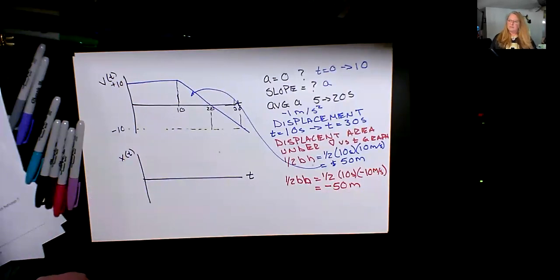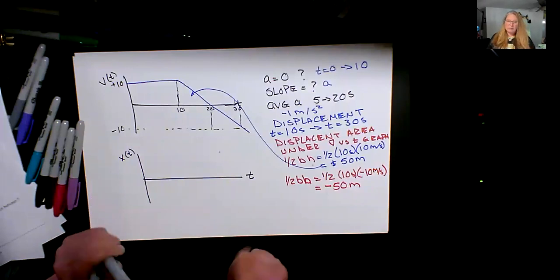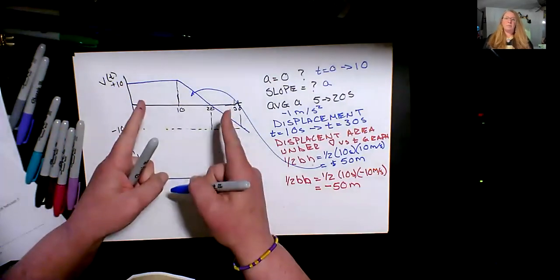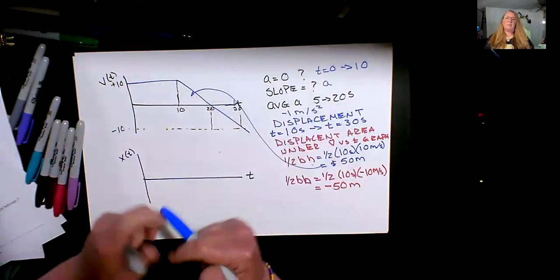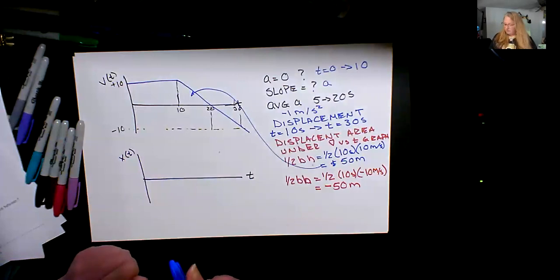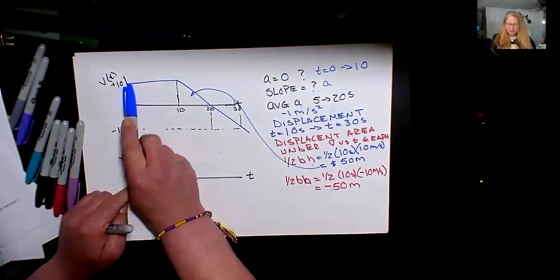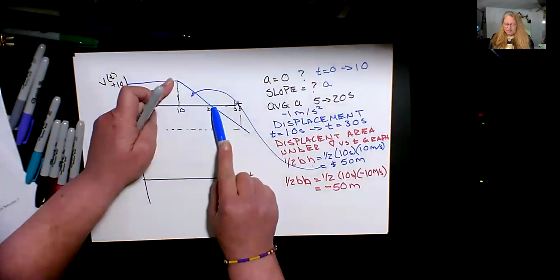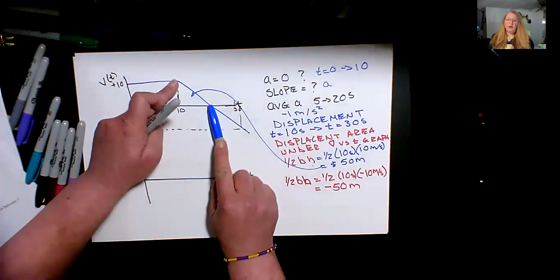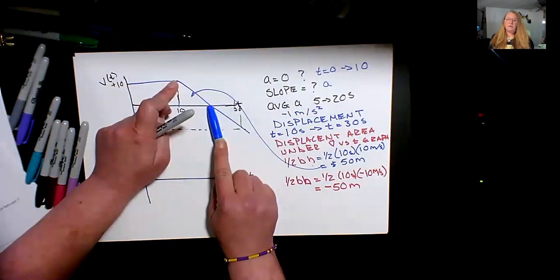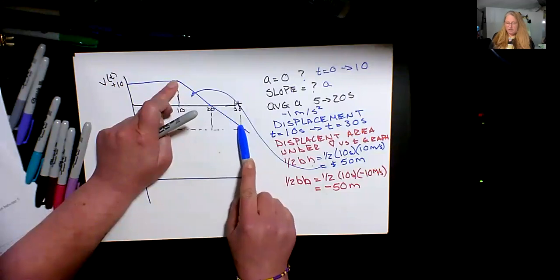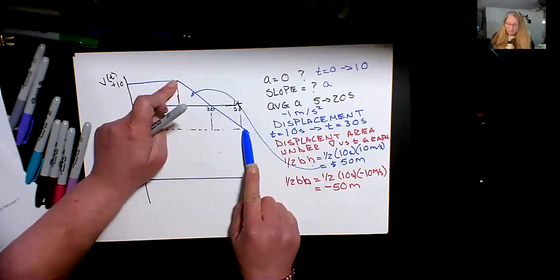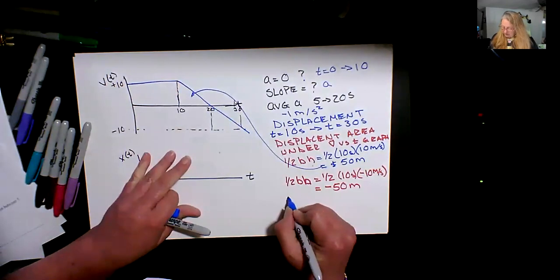Let's see what that means. Remember I said displacement is walking the dog. It is the initial position to the final position. It doesn't matter what happens in between. So if it's initial position to final position, let's see what happened. I started off at 10 meters per second. I got to some distance, and then I start slowing down. So I cover 50 meters here, and then I come over here, and I've gone in reverse 50 meters. So my total displacement